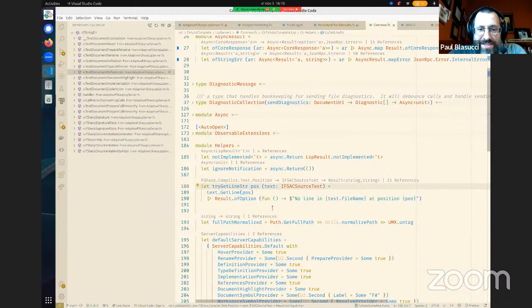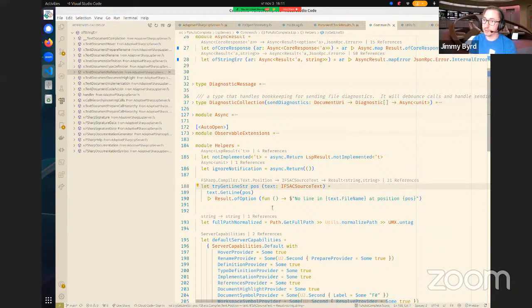Now, my personal preference on this, and maybe I'm thinking, I mean, it's expecting a string back, but I wonder why the error type on this isn't something that's just a record or a union or something that encapsulates. Well, I guess you already technically have the file name and the position, so putting it in the response type, the result type, is a little weird. I think that's one of those composition problems, right? Because you don't know, depending on how deep your composition tree of DUs gets,